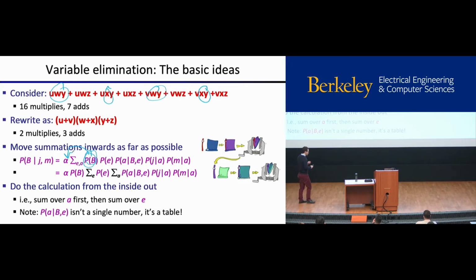Okay. So one thing to note here is that this P of A given B, E, notice that the A and the E are lowercase, but the B is a capital letter. So this isn't a single number, this is actually like a table. So you can think of it as an array. This is just a collection of probability values. So we're going to have to do some array multiplies and some array adds, but that's no problem. We know how to do those things. So just something to keep in mind. Whenever we see a capital letter, it means all the different values that that variable can take on. And whenever we see a lowercase letter, it means we've defined it to be specifically this particular value of that variable.